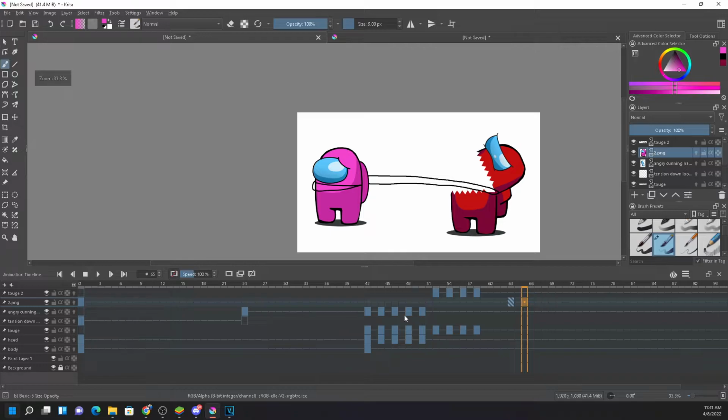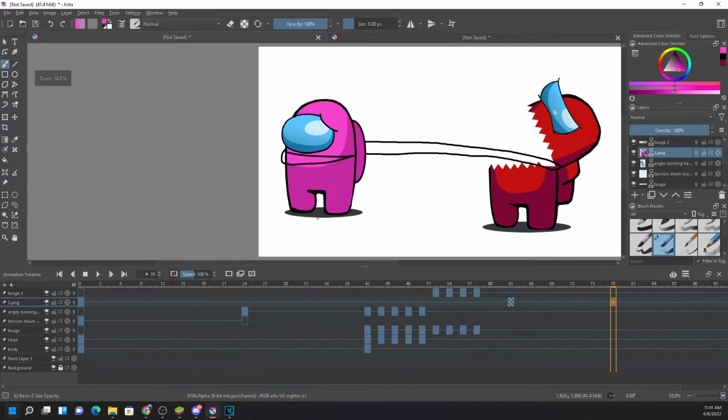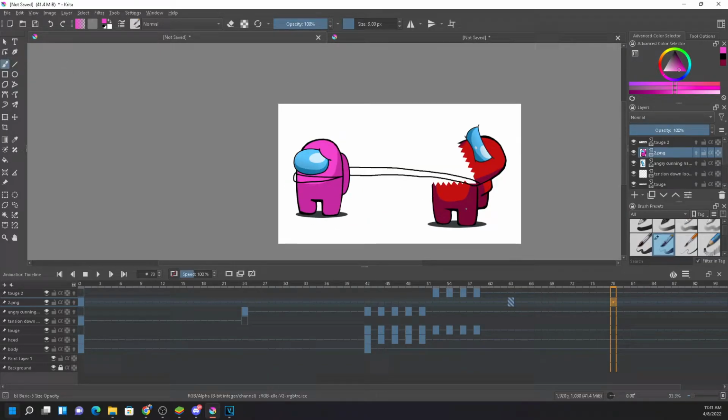So right now, I will pull it. Now I'm gonna pull it on this 78th frame. So right now I'm gonna do movement. Right now I will not do the tongue movement. First, I will concentrate on the pink moving towards the red. After that, I will adjust according to the pink movement, because the pink will move the character, right? I will not adjust the pink character based on the tongue movement right now, because